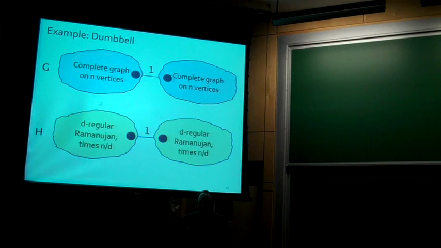The reason I like to point out this example is that it tells you, even if you have a graph where all the edges had weight 1 initially, when you approximate it, your approximation might need to have wildly different weights on edges if you want it to be sparse. This edge in the middle of weight 1 is the same weight as initially, and you greatly downsample the edges here, but you blow up their weights correspondingly. Now, you already know enough to prove that this is a good sparsifier. Let me show you the proof.